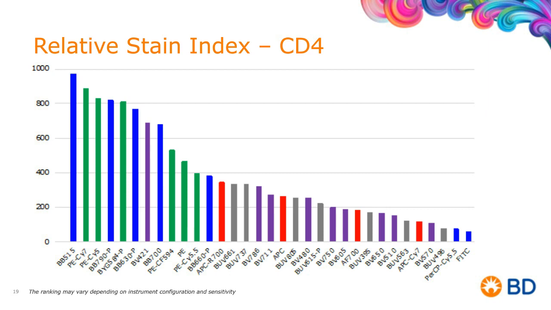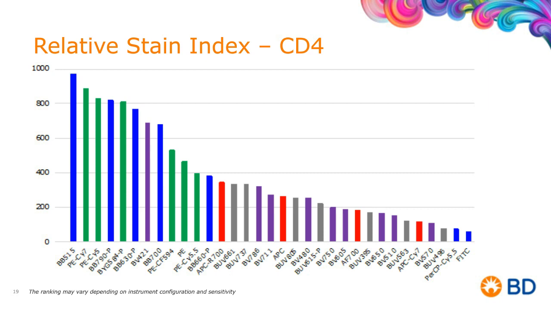We only have to do it once, unless we change a PMT on a conventional box or a laser, then we can go back and recheck. But if we just run it once, we learn about that instrument. We can compare a sorter to an analyzer to see how easy we can move a panel from instrument A to instrument B. But here, when we look at the relative stain index for CD4,